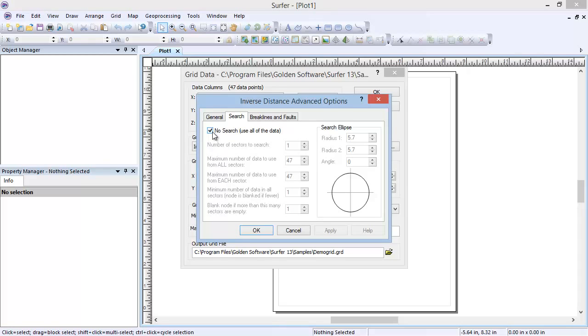If you have between 250 and 10,000 data points, then the default is to use a search. But you still have the option to check it to specify no search if you want. If you have more than 10,000 data points, you must use a search. The search rules define the number of data points to include when interpolating a grid node z-value. The search ellipse defines the shape and size of the searchable area around each grid node to use to calculate